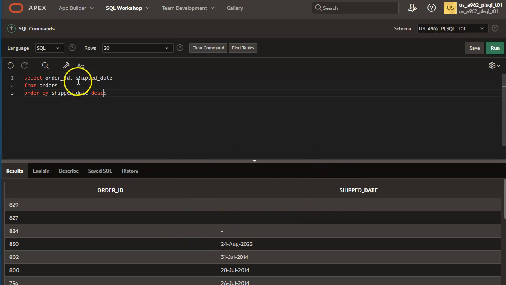In order to do that, I can use a function here to say, show the value of shipped date if it's there, and if it's not, I want you to show this particular string. A function that does that is the NVL function, okay? So what it's going to do is show this shipped date, and then if there isn't a date present, if it's null, I want it to say not yet shipped. Okay, and then if I run that,